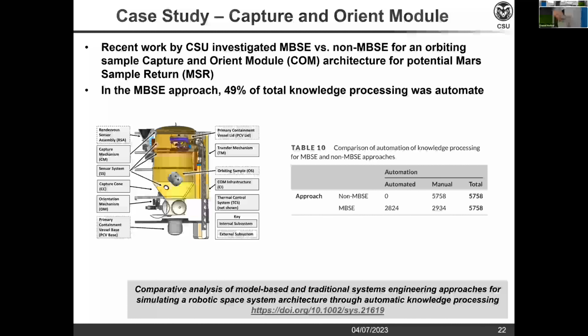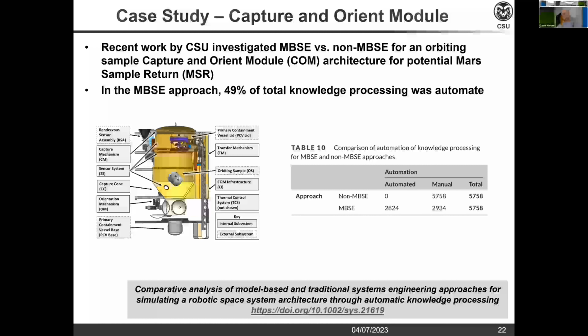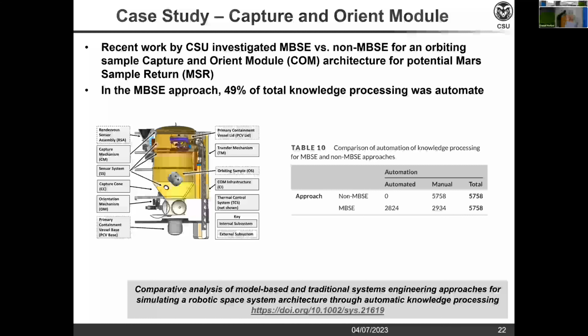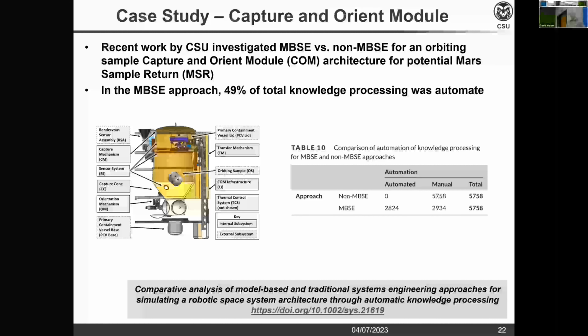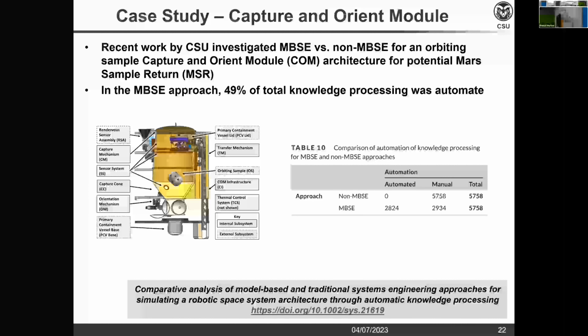In a non-MBSE approach, it's argued that those are all done manually in some way. An engineer is the one making those connections, understanding them, updating them, et cetera. But through an MBSE approach, we're not necessarily able to achieve all of them, but about half are now automated in some way. That can greatly reduce errors and the costs associated with maintaining this information. Perhaps in the future that percentage increases even more, getting closer to that 100% goal, and humans are tasked with other more important activities than simply maintaining the information in the system at that basic level.